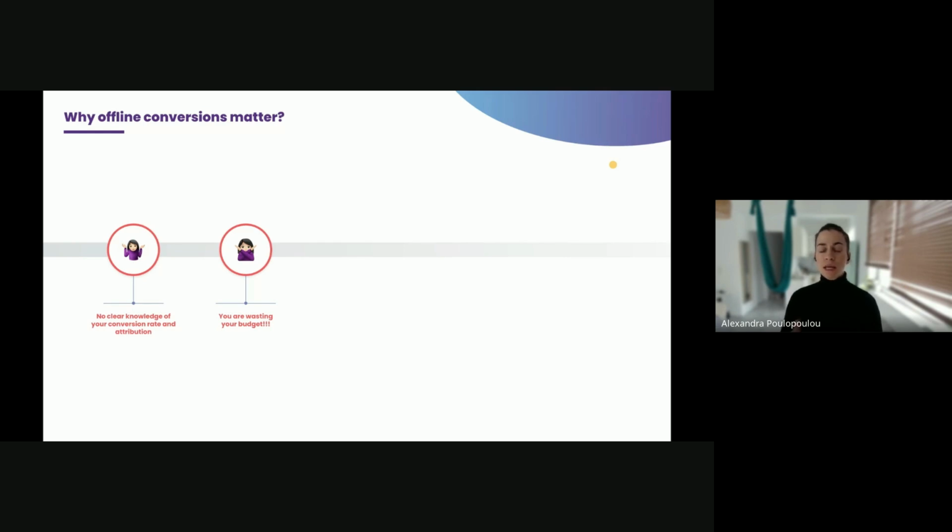So let's take one step back and look at an example. Let's say that you have 100 signups for a demo, but only 20 of them are actually becoming paying customers. Without offline conversions, your ads get optimized toward all 100 signups, both the 20 that convert and the 80 that don't.